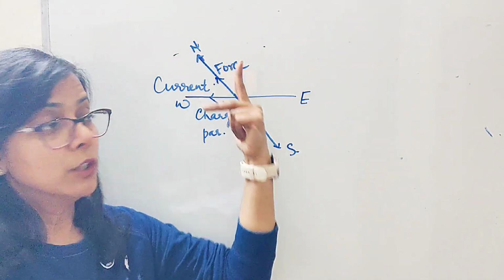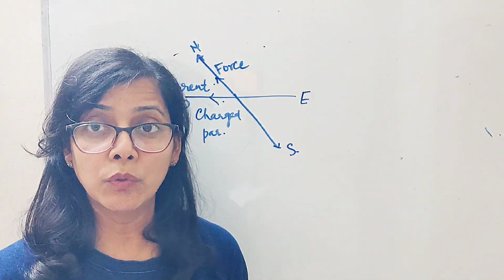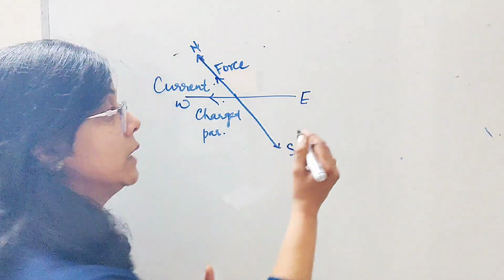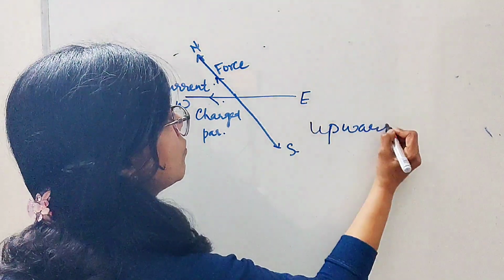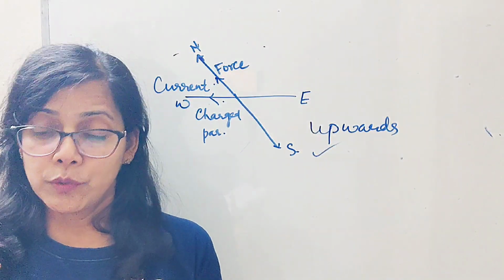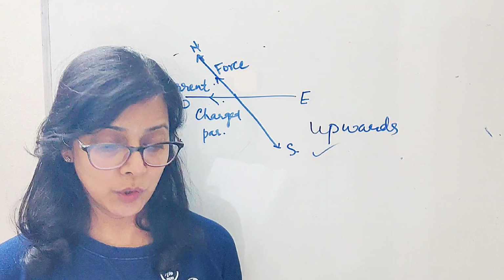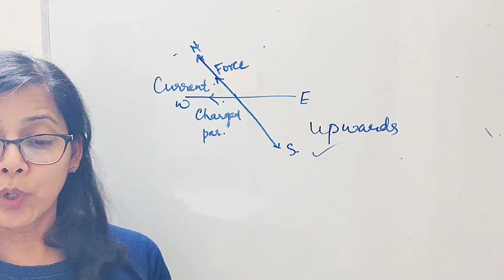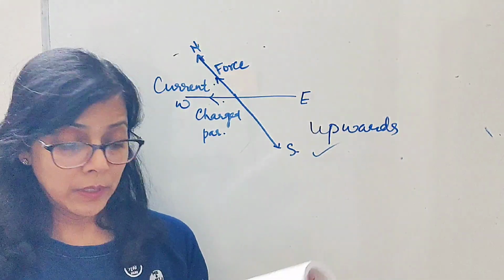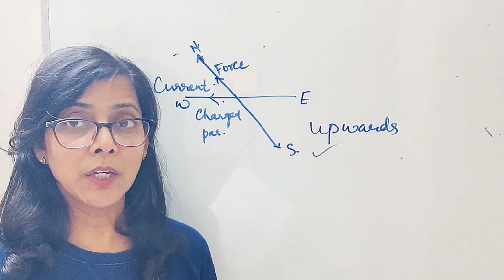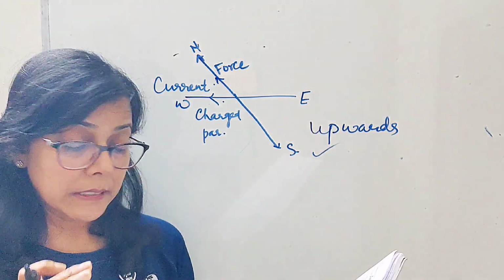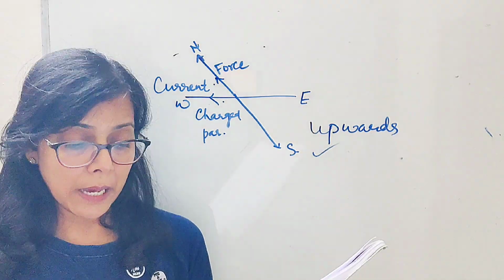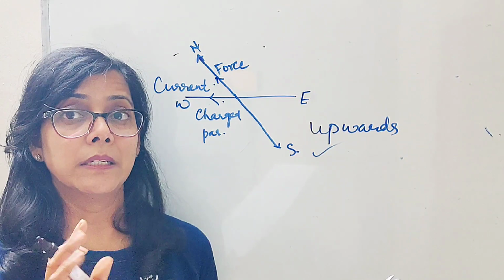So you will write down, 4 options will be given to you in this question. This is a MCQ question, so you will write down that the force applied will be upwards, okay. So let's take up the third question. The third question says that alpha particles are positively charged particles. Yes, we know that they are positively charged particles. Now the question is, state whether an alpha particle will experience any force in a magnetic field if it is placed at rest. First part is if it is placed at rest.